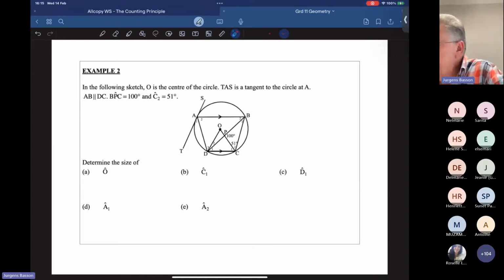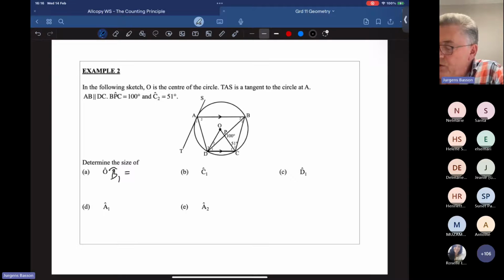We have parallel lines, and we've got the angle of 100, that is BPC, and then C2 as 51. Okay. First of all, they want angle O. Now, if you look at angle O, you will agree angle O is twice B1, because this is angle at center, angle on circumference. So we must find B1, which is easy, because we've got the other two angles. So we can easily start with B1,